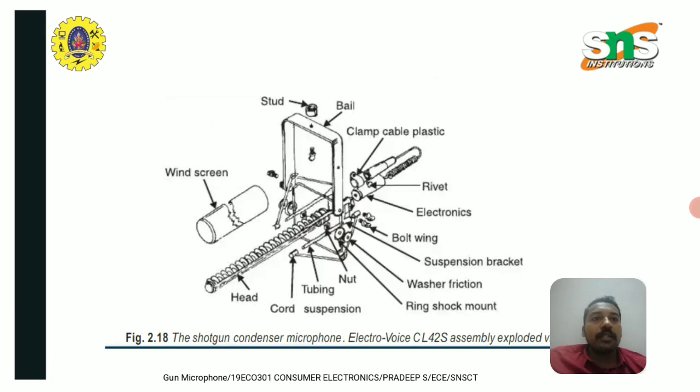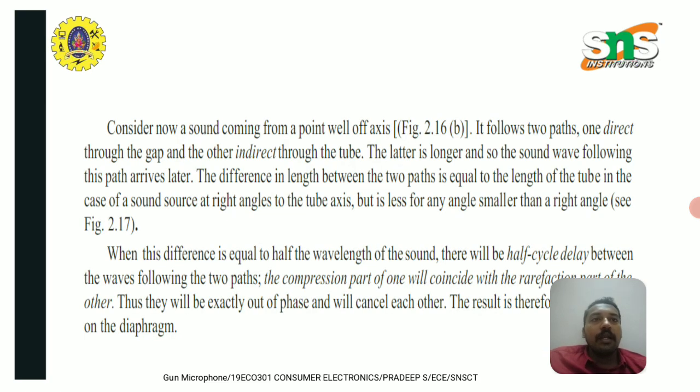The shotgun condenser microphone is shown in this diagram. Consider now a sound coming from a point well off axis. It follows two paths, one direct through the gap and the other indirect through the tube. The latter is longer, and so the sound wave following this path arrives later. The difference in length between the two paths is equal to the length of the tube in the case of a sound source at right angles to the tube axis, but is less for any angle smaller than a